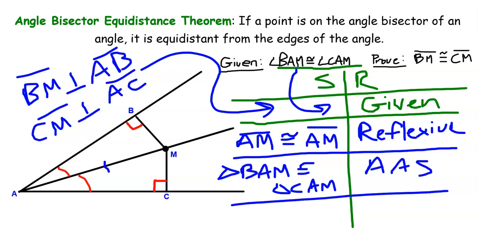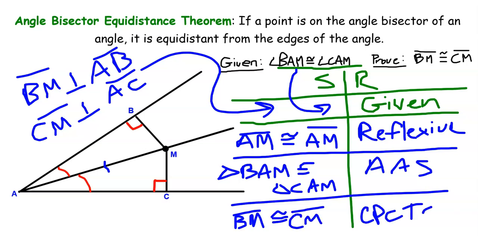Once we have that, of course, then BM is congruent to CM because of CPCTC, corresponding parts of congruent triangles are congruent. So if you haven't already, go ahead, pause the video and make sure this is copied down. If you have, we're going to move on to now the converse of the angle bisector equidistance theorem, which is